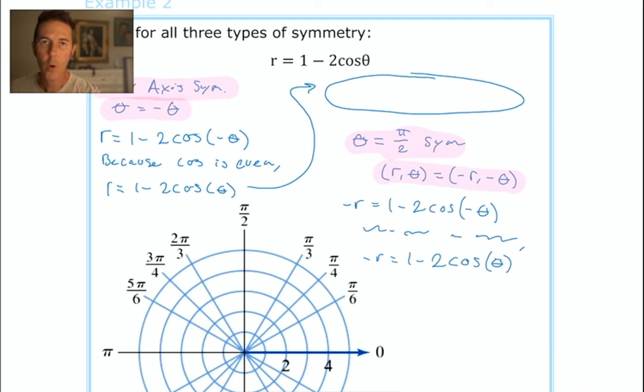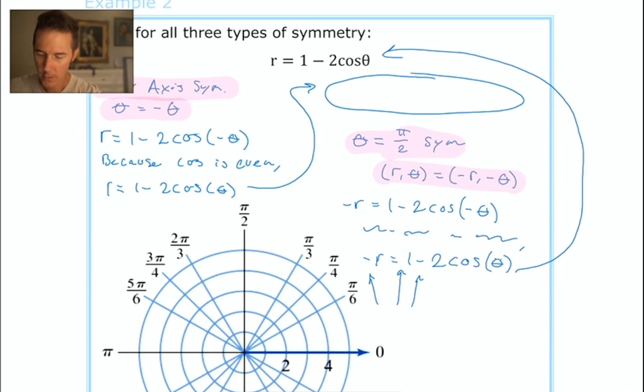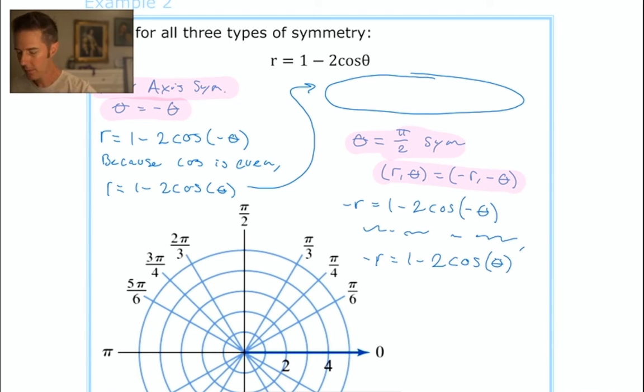The problem is the negative r. There's no way I can remove the negative from the r. I can't just erase it because cosine is even or something. And if I multiplied both sides by negative 1, this would become positive, but this would become negative, this would become positive, and the equation would not look like the original equation, which is the goal. So it appears that we're stuck, and